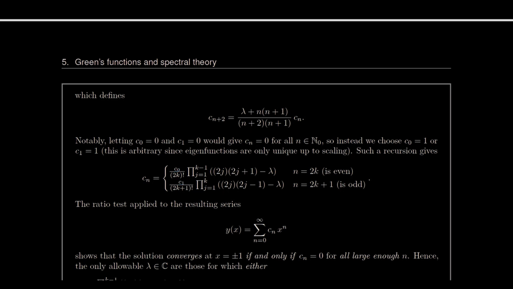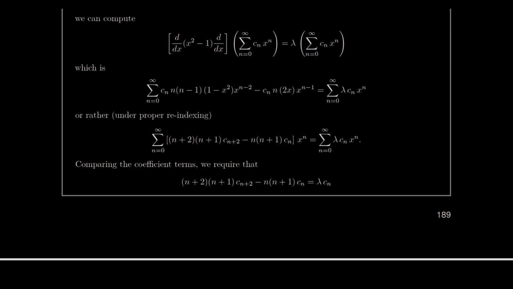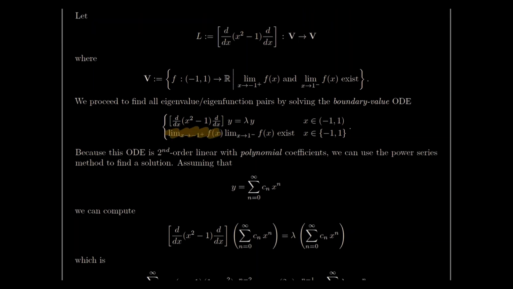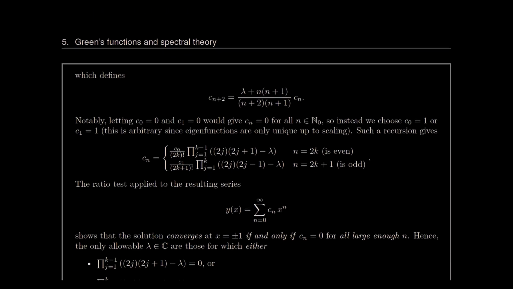What we get here is some product notation, right? So here's a nice little product notation, which recall is just like summation, but for products. You're just doing a lot of multiplication instead of summation in these notations here, and each term has a lambda inside of it. Now, you can take these c_n's and put them into your solution, but you're going to find out that because of this lovely boundary convergence problem right here, where we're forcing that the boundary exists, we actually have a huge restriction on the lambdas that are going to work for us, because what's happening here is that these products